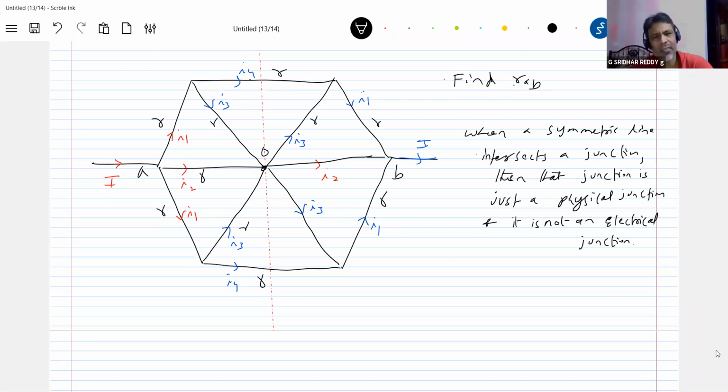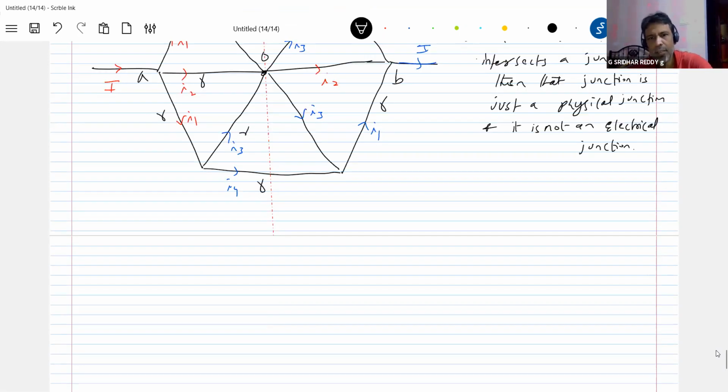What do you mean by physical? As you are just putting the knot there, the current will not branch out. So then what to do now? The current doesn't branch out, so you redraw the circuit. So when we redraw the circuit,